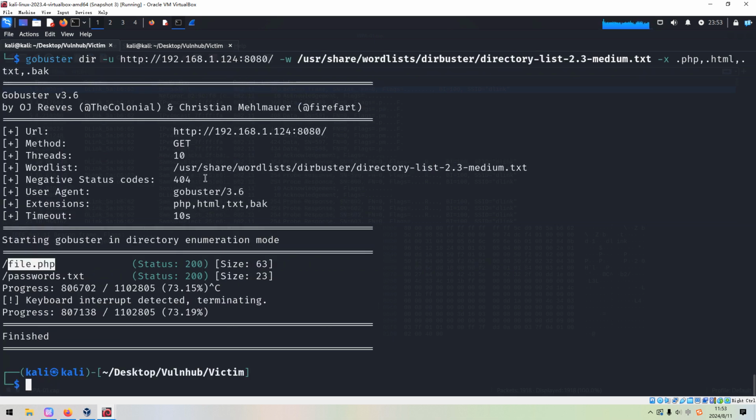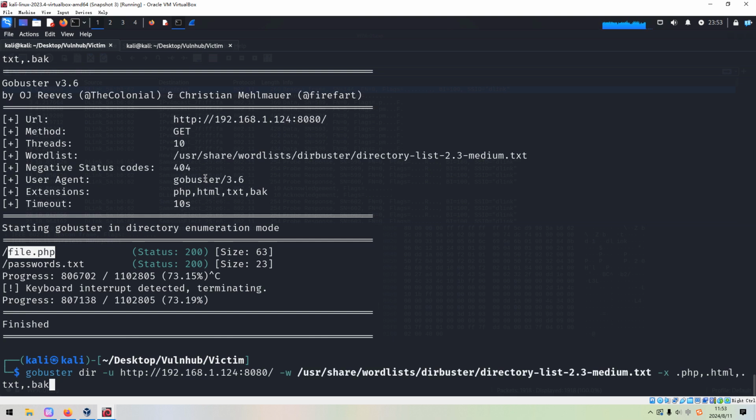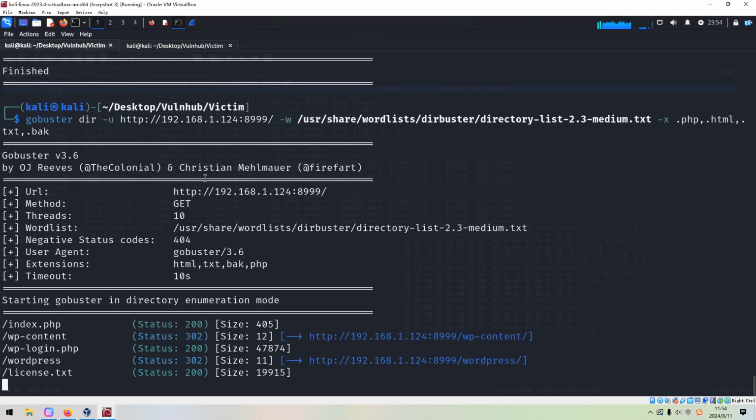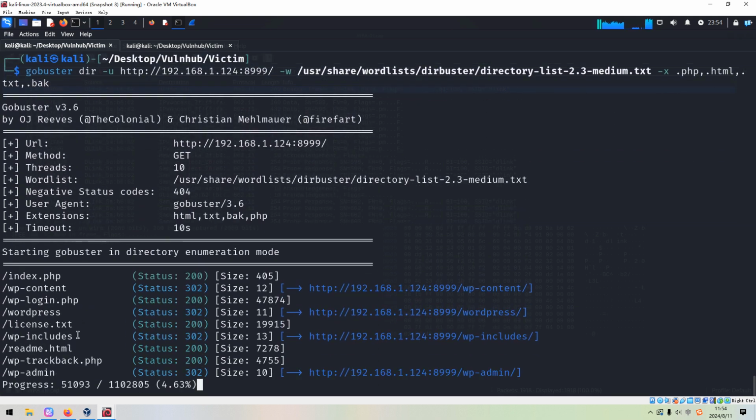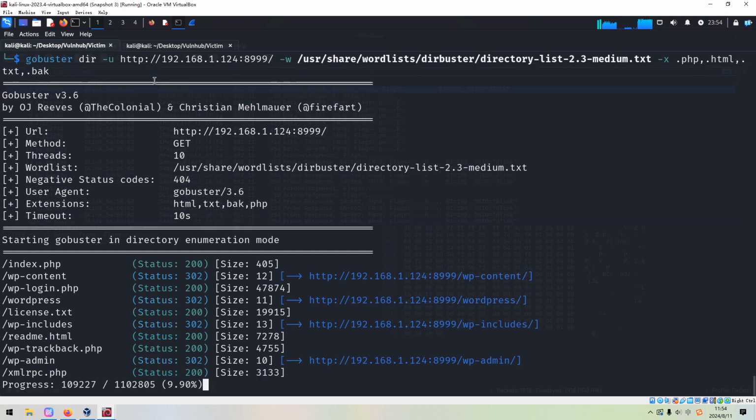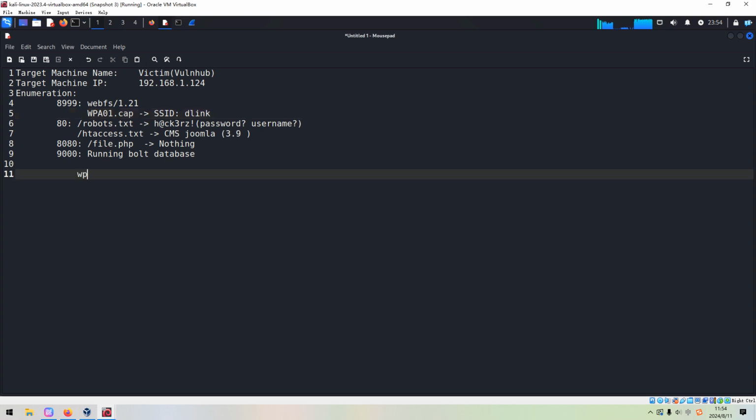Similarly, next we can launch GoBuster to do the directory enumeration for the other port numbers like 8999. Of course, in this case, it's not necessary to launch the WordPress scan utility, because as just mentioned, this WordPress CMS is not configured properly.